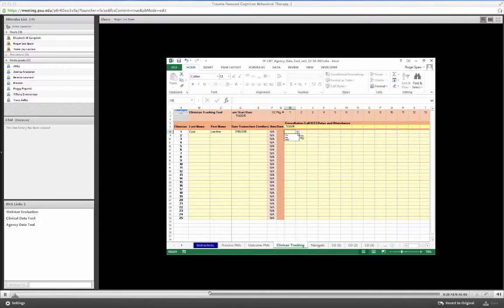You choose yes or no if the clinician was expected to attend this consultation call on this date and they did attend, and you would choose no if they were expected and did not participate. So you can see by me switching between those two choices, Leanne either has 100% participation in consultation calls or 0% participation. Let's give her one more chance here